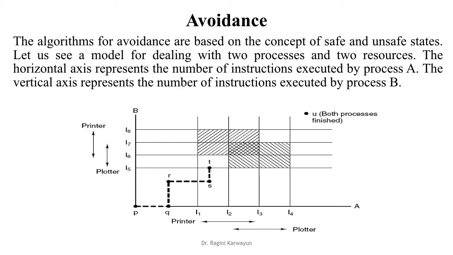If the operating system would have selected B first and executed B, then A, then also the system will be safe, and if A is finished first and then B, then also the system will remain in a safe state. But if after allocating printer to A or allocating plotter to B you resume the other process, then the system will turn into an unsafe state and eventually lead to a deadlock. So the portion which is crisscross with horizontal and vertical lines is a deadlock state, and all the shaded region is an unsafe state. That means once the system reaches there,